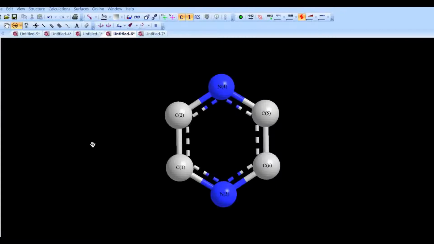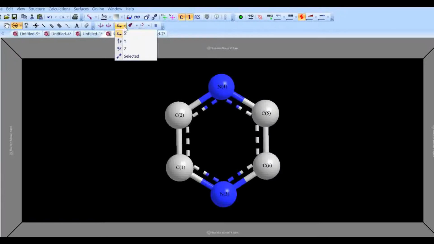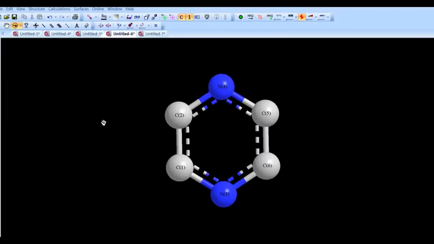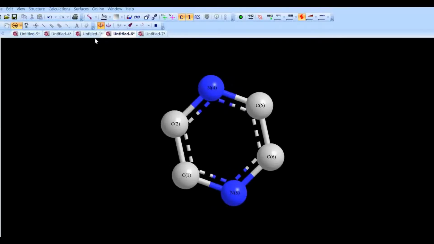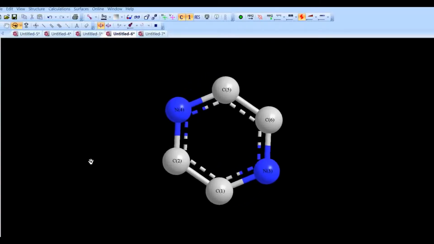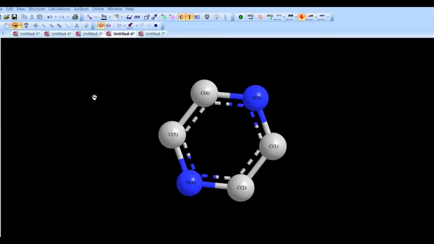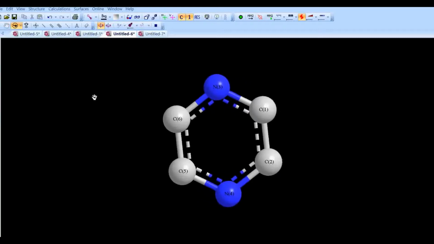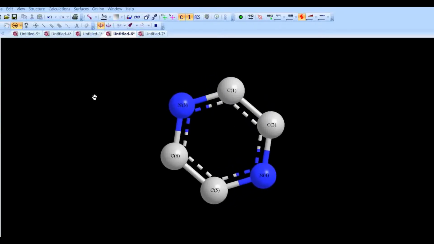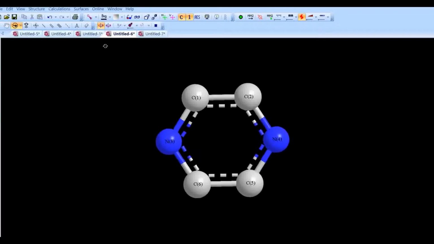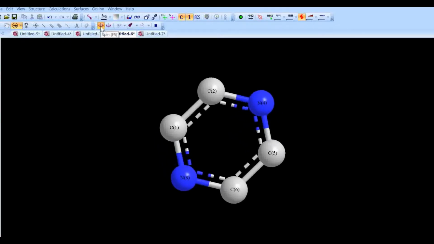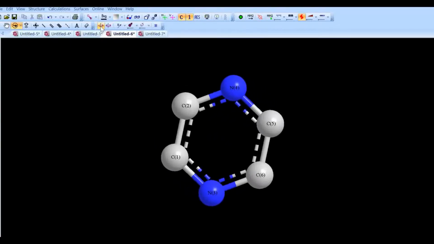Just a moment. First I will arrange the molecule in one plane. Then now see, I am starting to rotate this. What happens? At an angle of 180 degrees, the positions of the nitrogen atoms are interchanged, and therefore the appearance of the molecule becomes the same. So that one is your principal axis. And the plane perpendicular to the principal axis is the molecular plane, and that is your sigma h.